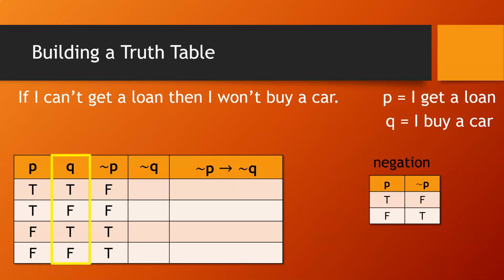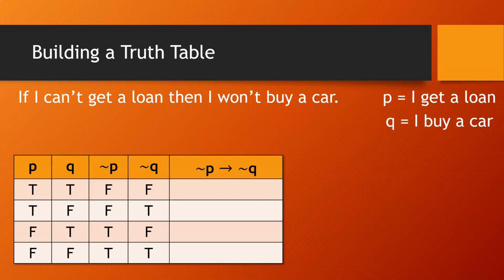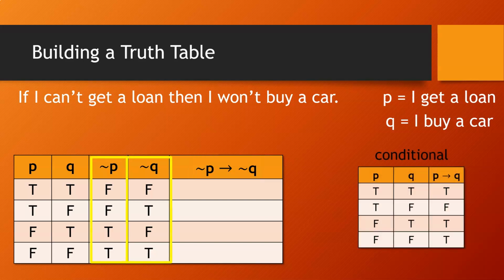And since that's also a negation, we simply need to look back at the Q column and negate each of those truth values to get the truth values for not Q. Now finally, we need to find the truth values for this conditional statement, if not P, then not Q. So the 2 columns we'll be looking at are not P and not Q. Not P is the antecedent, the if part of our conditional,